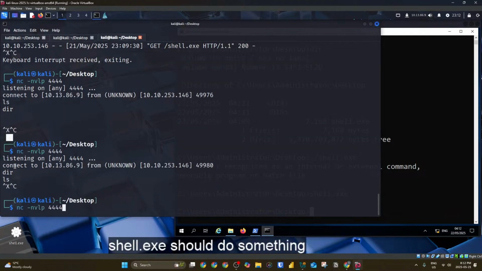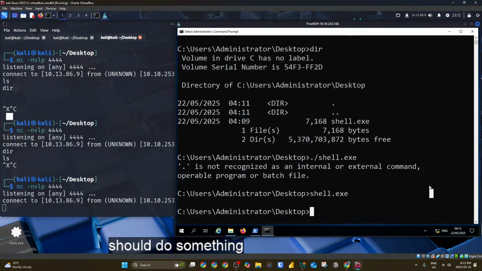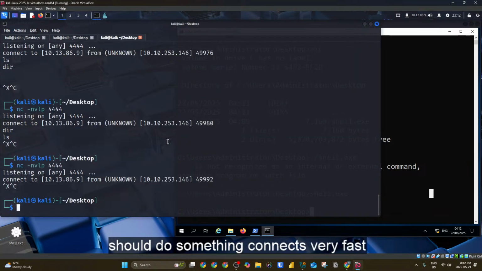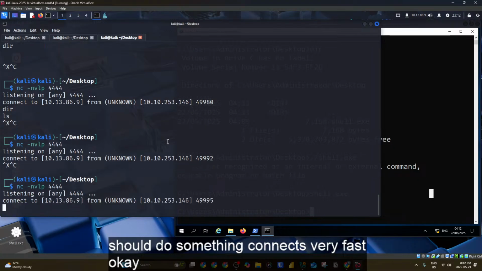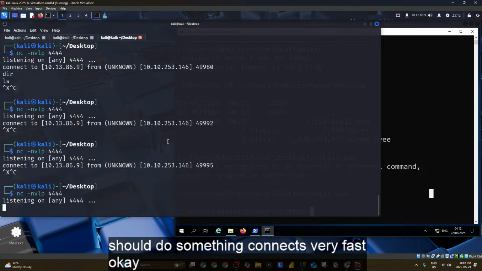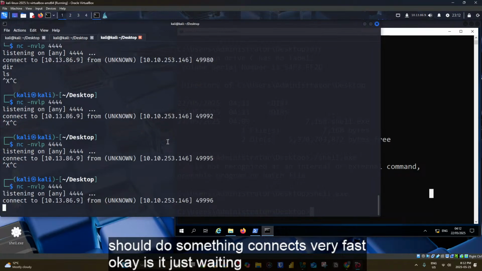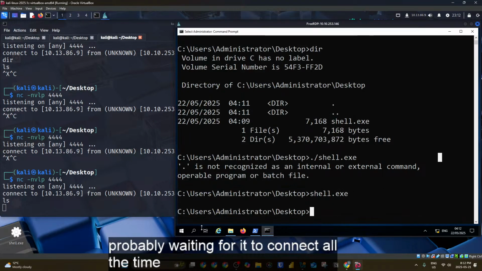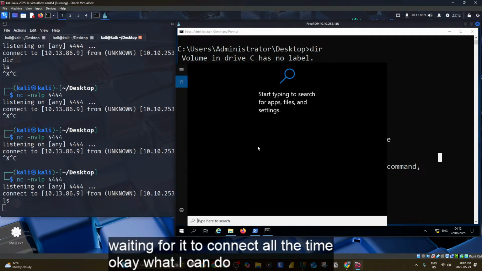Should do something. It connects very fast. Okay. Is it just waiting? Yeah, it's probably waiting for it to connect all the time. Okay, what I can do is,